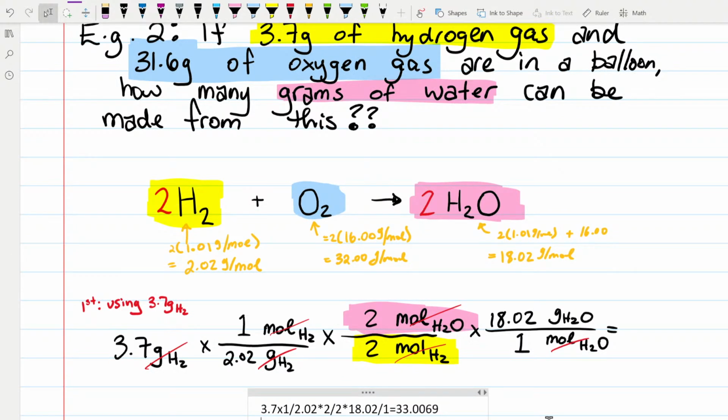33.0069. All right, and if we just quickly count sig figs, that's 2 sig figs. This is a counting number, so that's infinite. That's 3 sig figs. That's 2 sig, that's an infinite number of sig figs. It's a number 2, but it's a counting number. That's a counting number. This has 4 sig figs, and that's a counting number. It's infinite. So if we look, we've got 2 sig figs to work with,